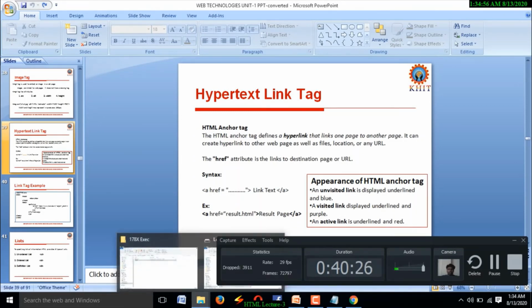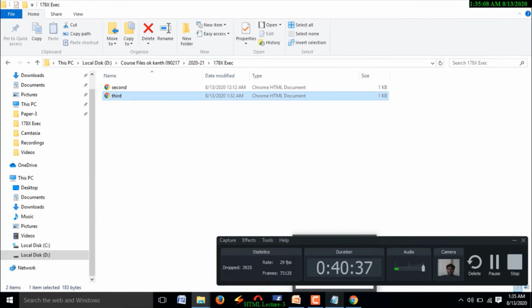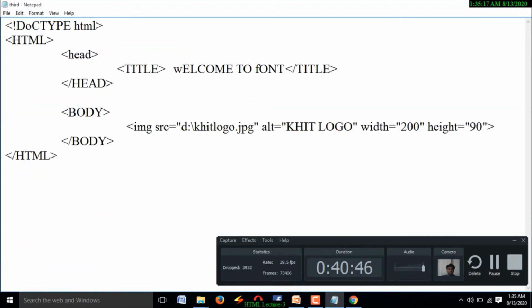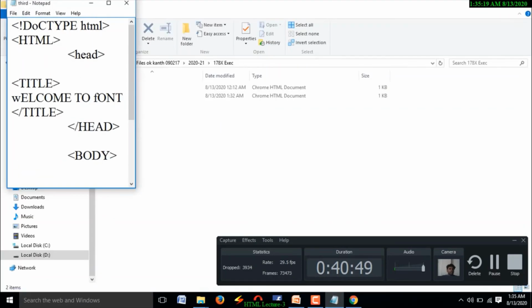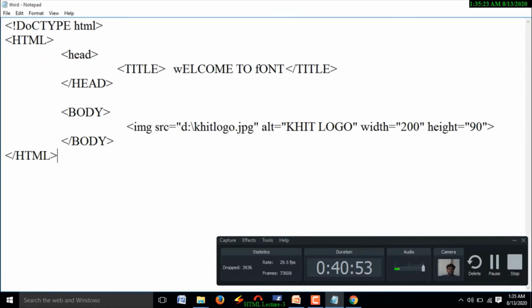See, till now we created two web pages. One is second and another one is third. Assume these are the two web pages we created till now. If you want to maintain a link between these two web pages, we are going to use the anchor tag. Here, now we are working with the third web document, third HTML document.